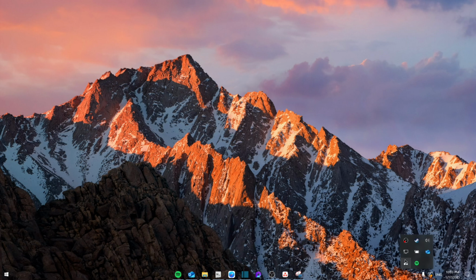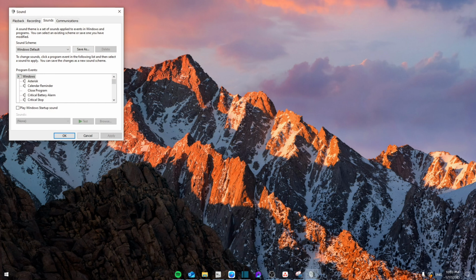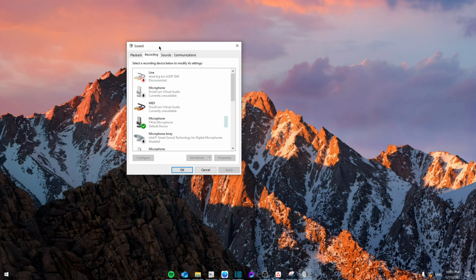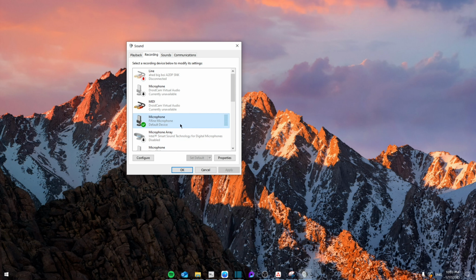go to your sound settings, which is going to be on this icon right here. Right click it and then go to sounds. Then from here go to recording section. Then double make sure that the microphone that you want to use is selected and set as default. If you want to set it as default, then you simply click on this button and simply click apply and